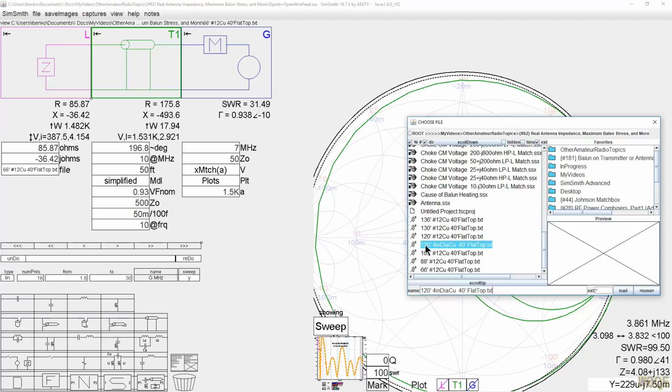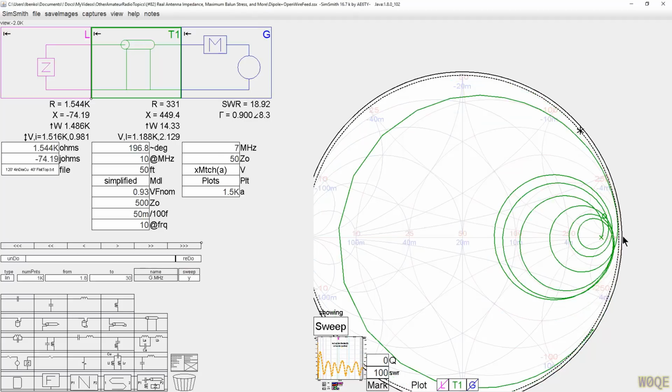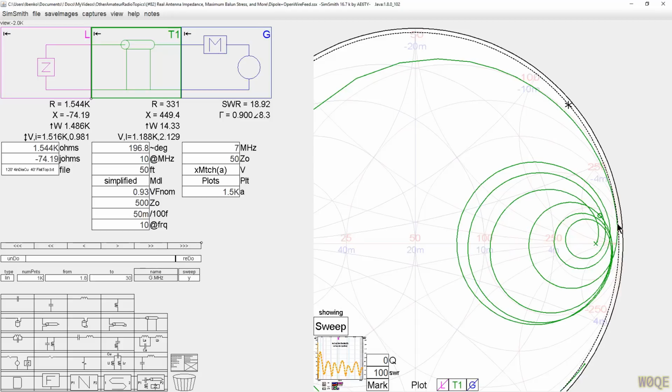Now you can't get 4-inch diameter copper wire, but what you can do is put a couple wires up there, and it'll achieve a diameter that's larger than a single wire. So a couple wires in a cage will be better, and that helped a lot. So now my lowest frequency down here is below the 80 meter band,